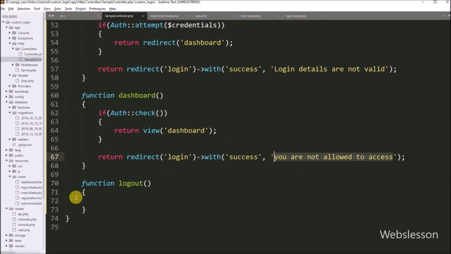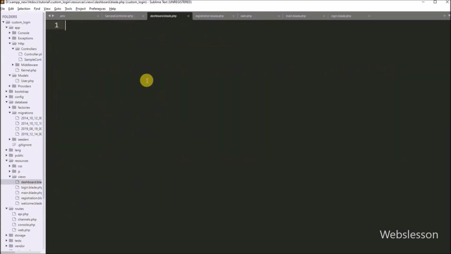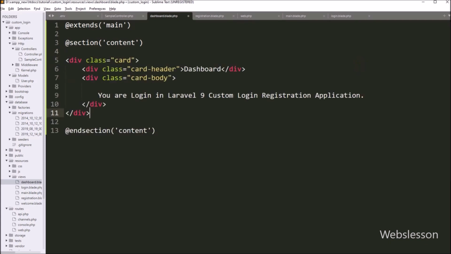Now, we have to open the dashboard.blade.php file, and under this file, first we want to extend the main blade, so here we have to write the @extends directive with the name main. After this, for displaying this page content, here we have to write the @section directive with the name content. This section is closed by the @endsection directive with the name content. Between this, we have to paste this HTML code with this message. So if the user has been logged into the system, then this dashboard page will be displayed on the web page with